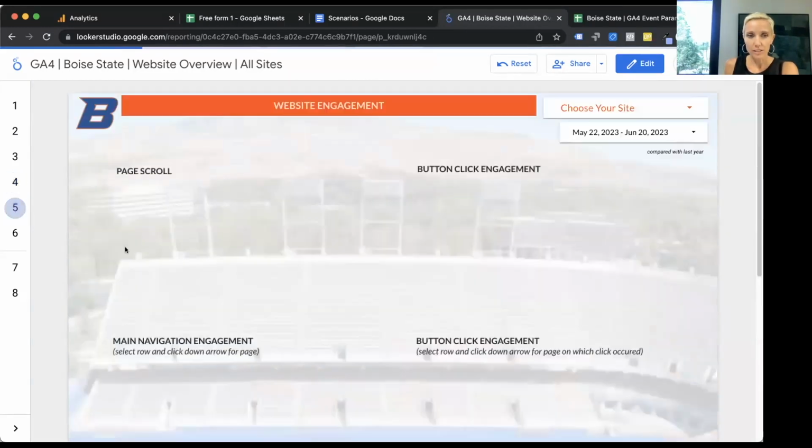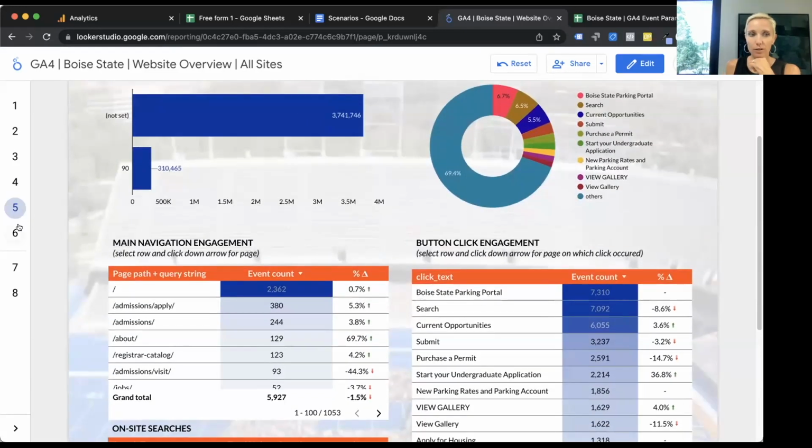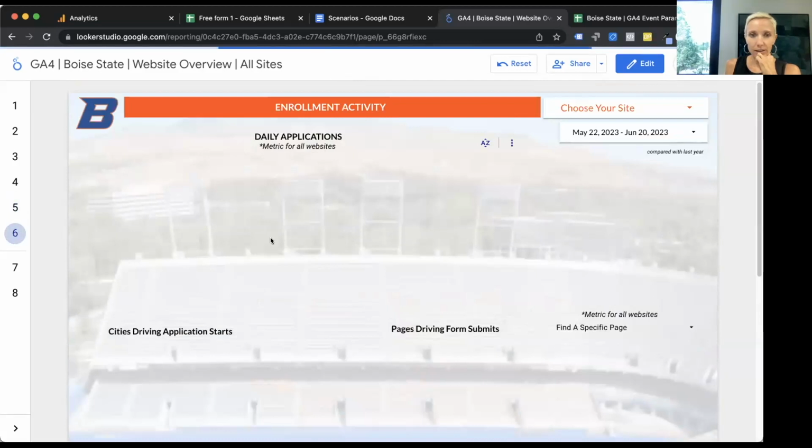So essentially what we've done is we've piped in all of GA4 data into this dashboard and just tried to make it a little bit more digestible. So this is sort of a third option. We have the general reports in GA4, the exploration, custom reports, or dashboards. And those are the three primary ways to use your GA4 data.